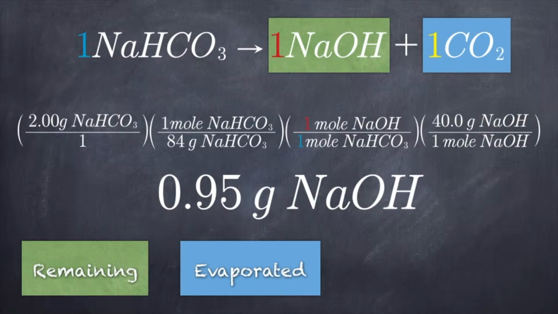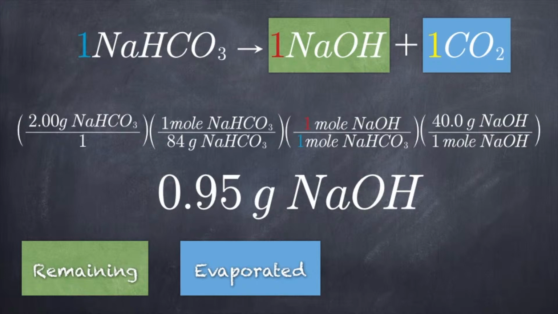And then they calculated from 2 grams of baking soda, which is the NaHCO3, and they converted that using dimensional analysis, and then they used a mole-to-mole ratio, which is color-coded on the chart with blue and red, and they converted it to moles